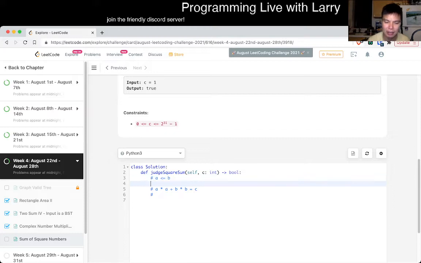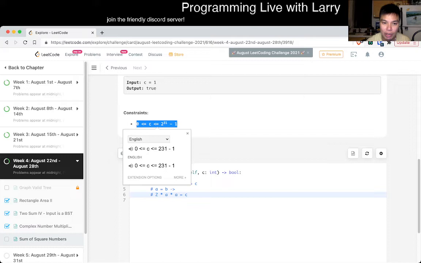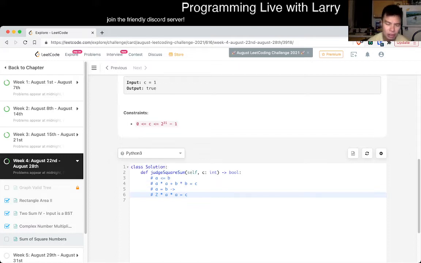And if a is equal to b, then that means that you have 2 times a squared is equal to c, so then you can do a square root. So it only goes up to here, right? Because there's no other gaps in between. So you just basically iterate up to the square root of c, which is 2 to the 16th, well,